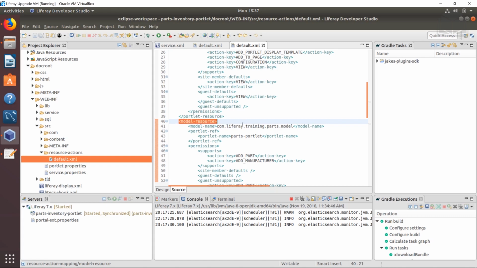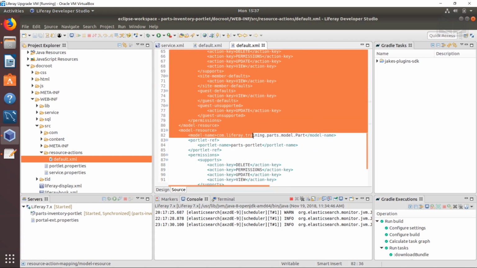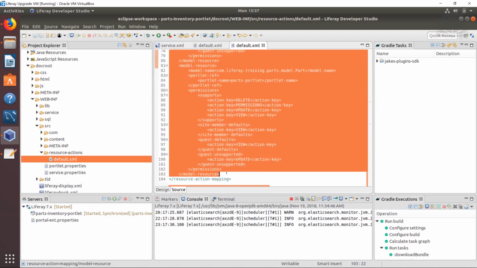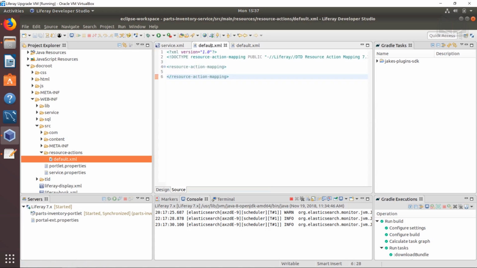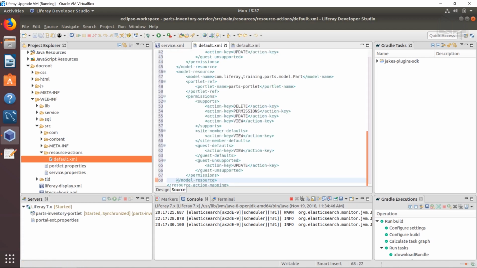So I'm going to head down here from line 40, and I'm just going to scroll all the way down until we catch the closing tag for the model resource. We'll go ahead and copy that and then paste it within the updated default.xml. So in between the resource action mapping, we'll go ahead and paste that, and then we're going to save the